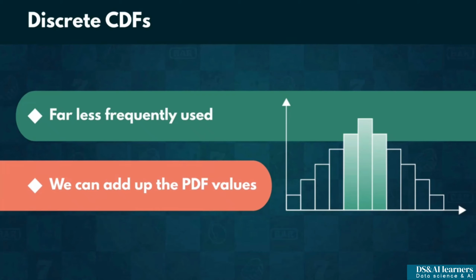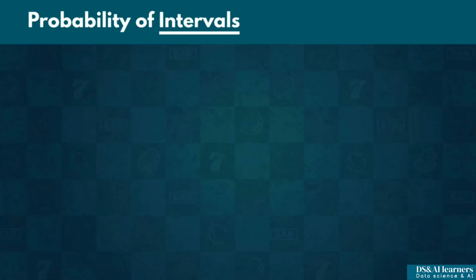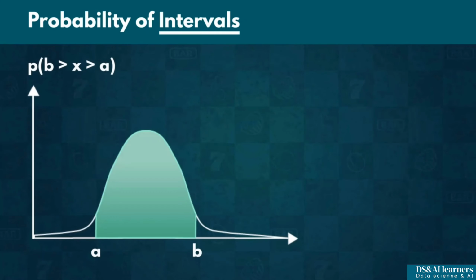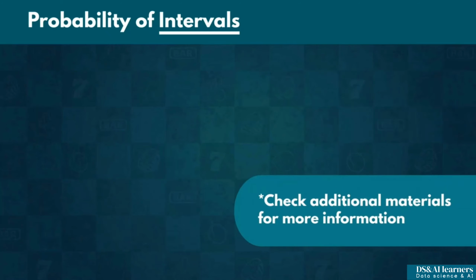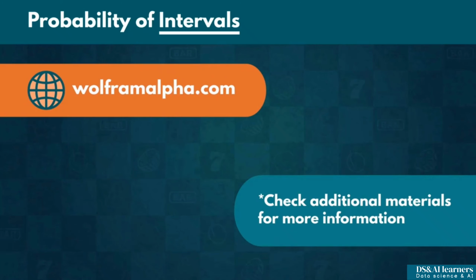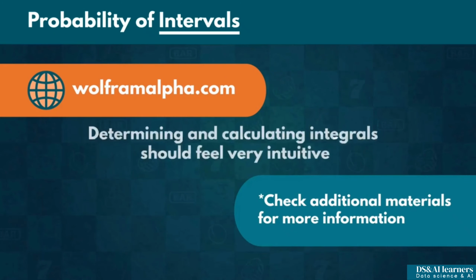Good job, folks. The CDF is especially useful when we want to estimate the probability of some interval. Graphically, the area under the density curve would represent the chance of getting a value within that interval. We find this area by computing the integral of the density curve over the interval from A to B. For those of you who do not know how to calculate integrals, you can use some free online software like wolframalpha.com. If you understand probability correctly, determining and calculating these integrals should feel very intuitive. All right,